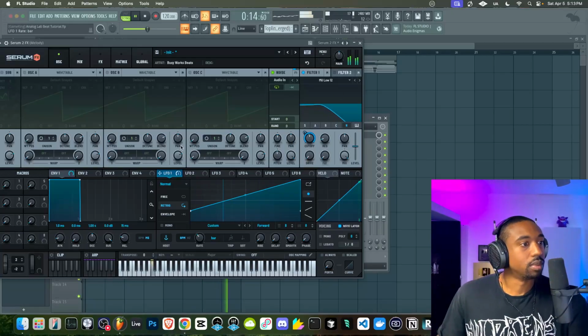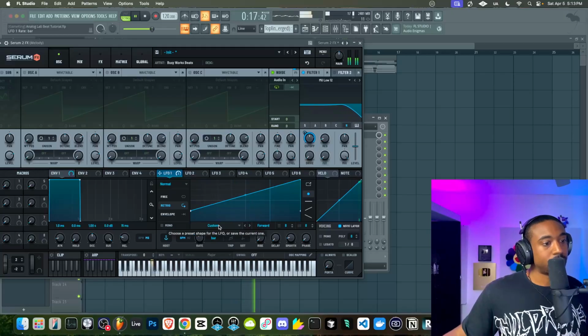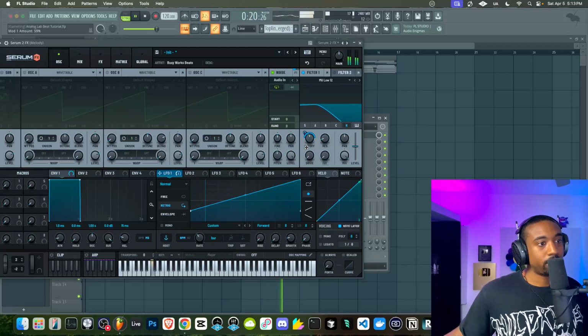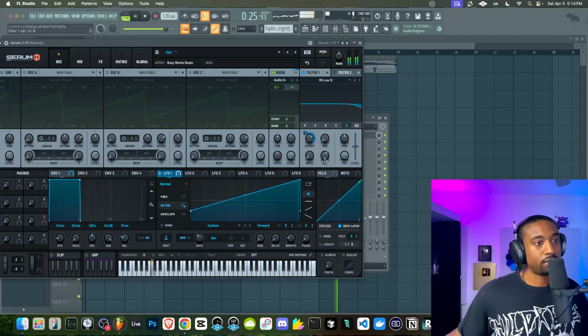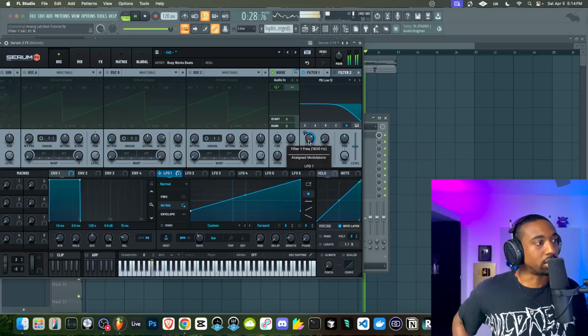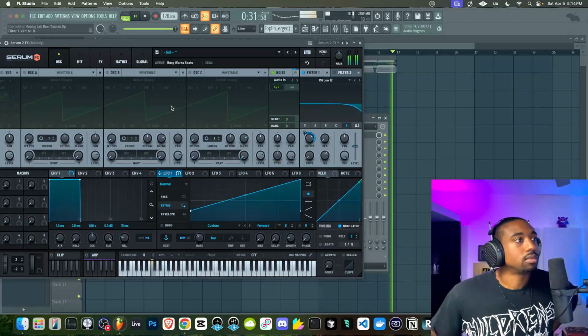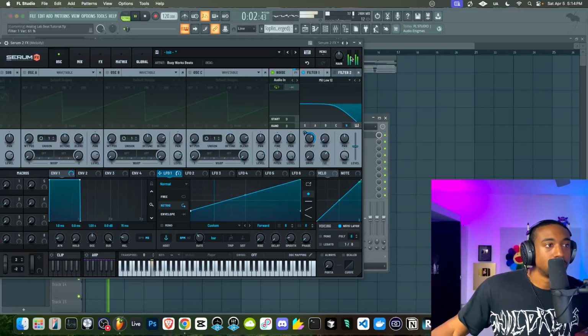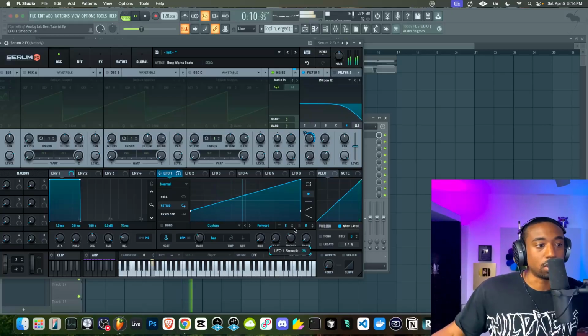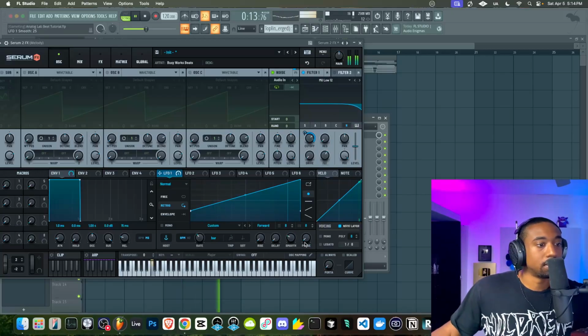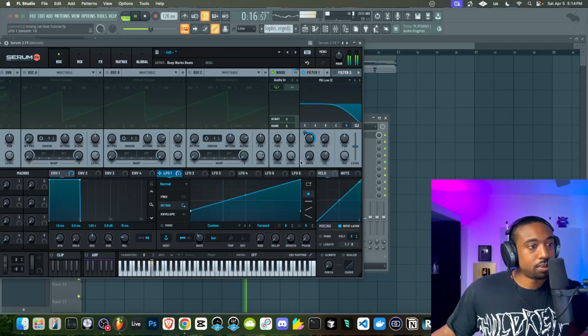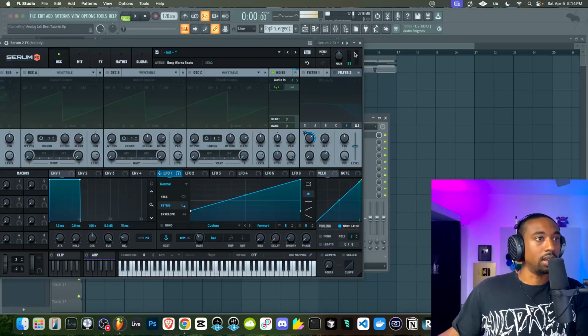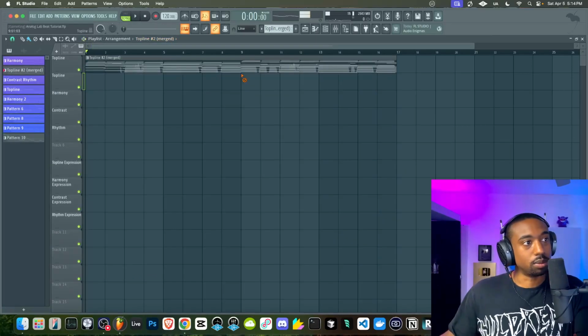So now you guys can have different things happening, just to add some motion to the melody. It might be clicking and popping, so you have to add the smooth here to get rid of any clicks. And then again, you can automate that effect so it doesn't have to go all the way through. But let's just play it one more time through.